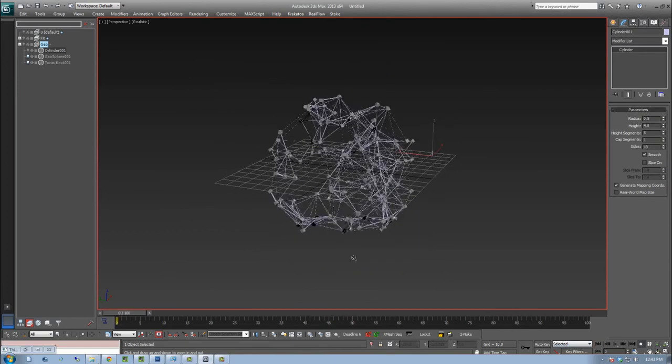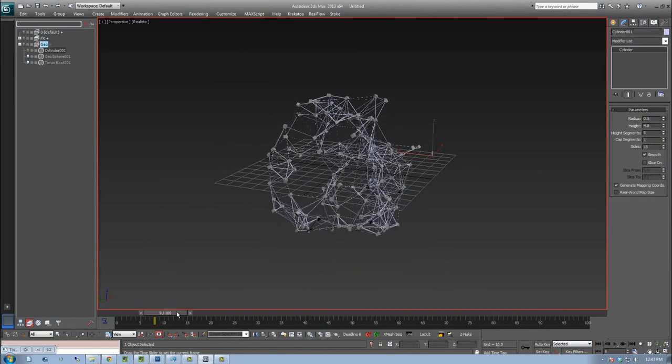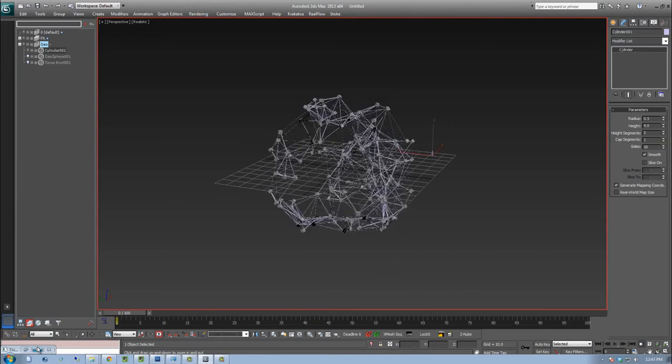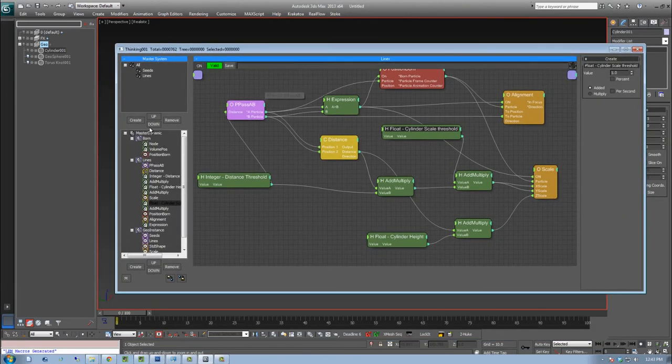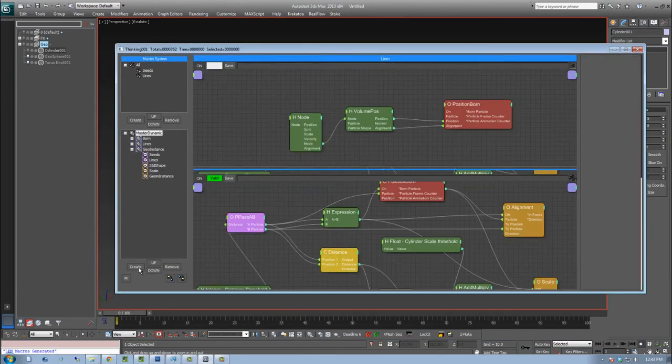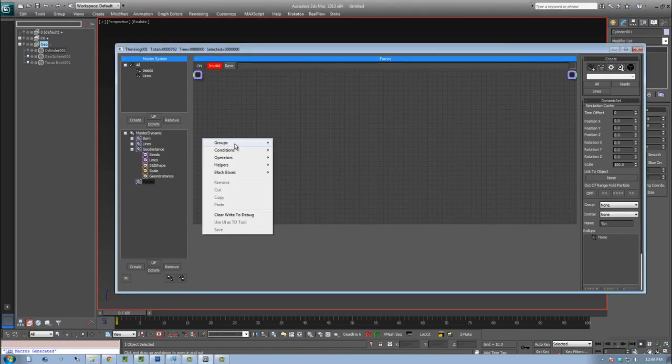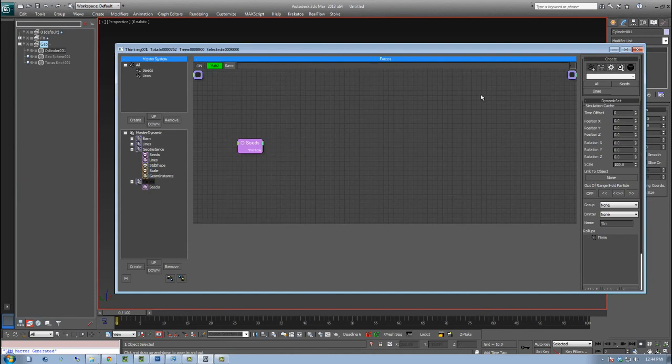So the last step we're going to do is add a target object for these particles to go to. We do that by creating another dynamic set. Go create, we'll call this one forces, I guess. And we're going to drag this down. So we're going to add some movement to our seed particles here. I'm just going to throw in a standard force, and then we're going to throw in a node